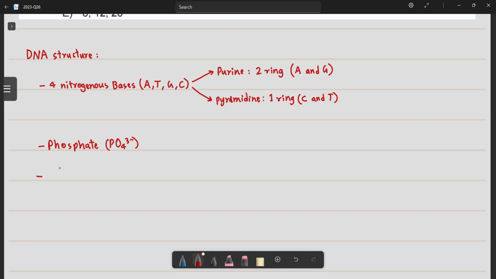And another one that we have is deoxyribose sugar. So this is basically a pentose sugar. And the most important part about these two is that these two combined make the backbone structure